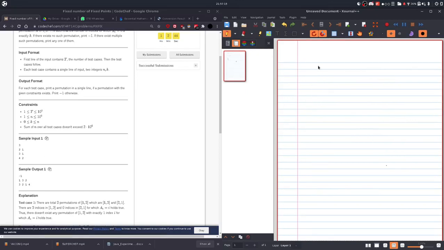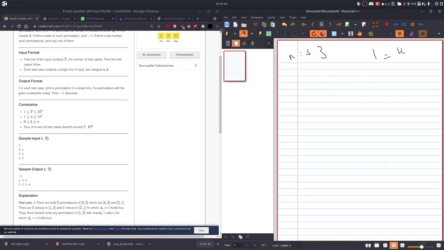But now if we try the second test case, which is nothing but 3 1, where k is equal to 1 and n is equal to 3. So as I said, the array will contain nothing but the numbers till n, which is 1 2 3. If we take this, then obviously k will be 3, because every element is at its own position. So we can't take this permutation.